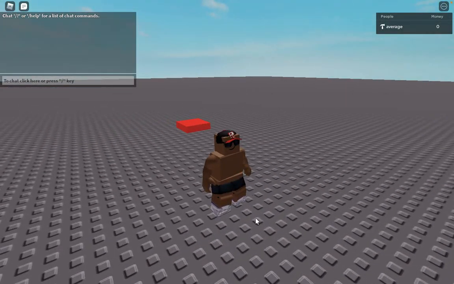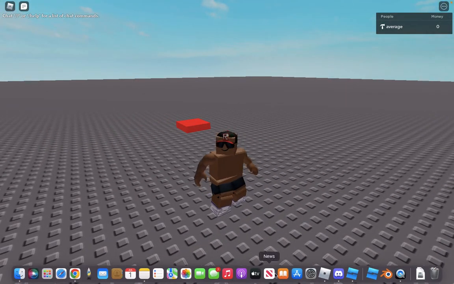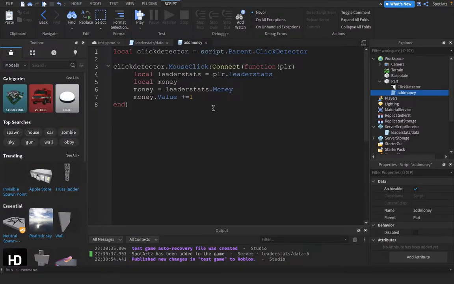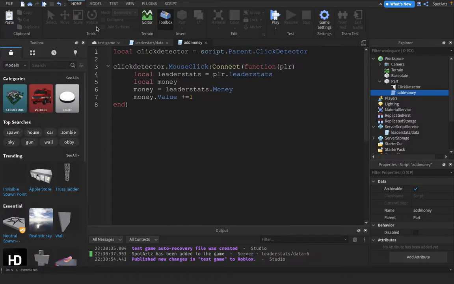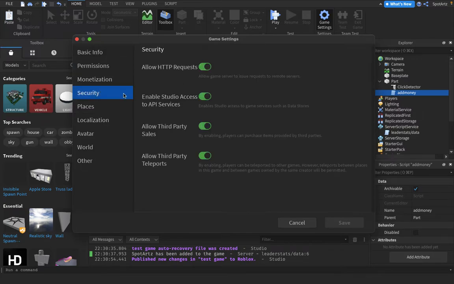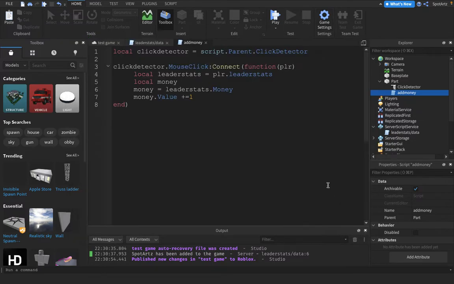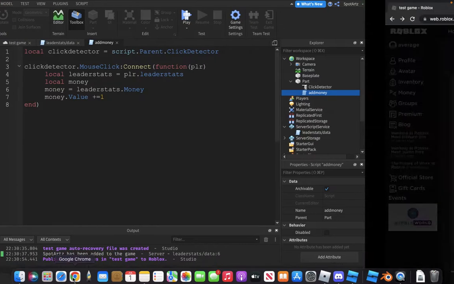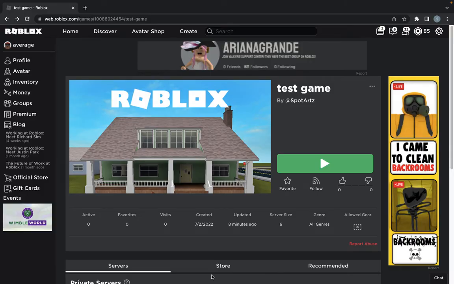And also, if you want to test this in Roblox Studio, if the data works, then you can go here and make sure that this is enabled right here so that you can save data. Just go to security in the game settings at the home tab and click on enable API services. Enable studio access to game services such as data stores. So you want that, so you can use it in Roblox Studio. And yeah, so if we join the actual game though,